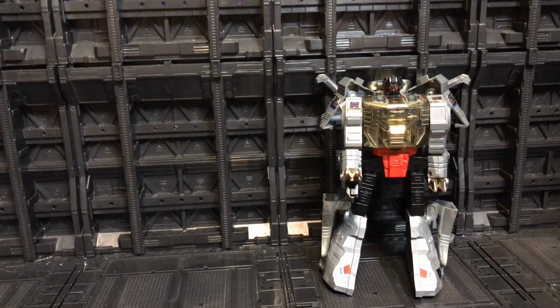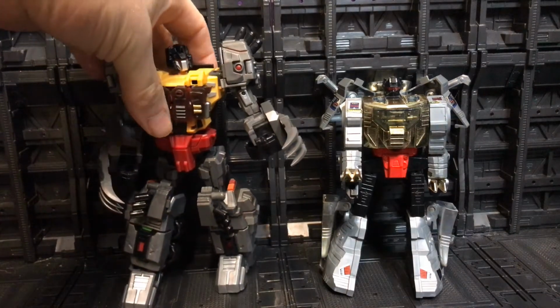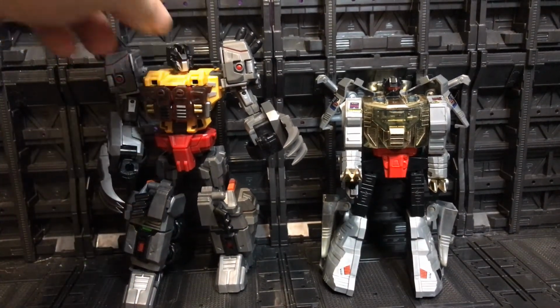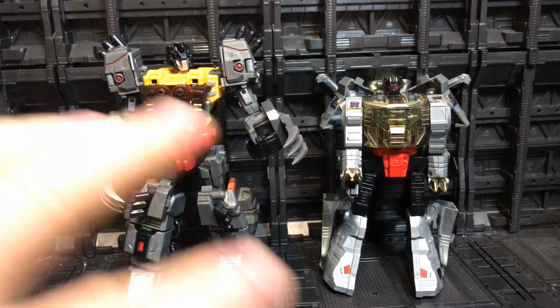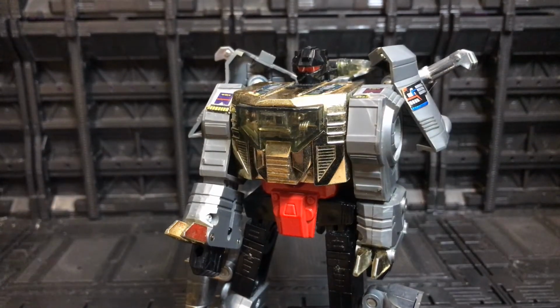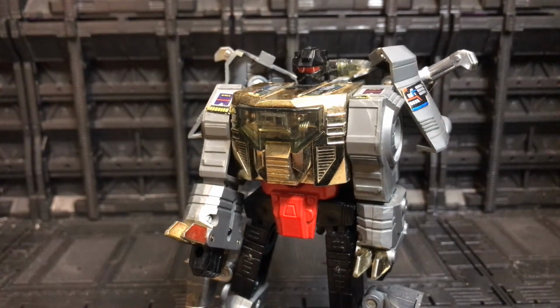And then finally, probably my favorite bot mode that I own of Grimlock, and this is the Mastermind Creations Servo Core version of Grimlock. Ready for battle, massive claws, slightly taller than his G1 self, but you know, you can see aesthetically where the two come together. So all in all, at this point I would do my recommendation usually on my normal videos,